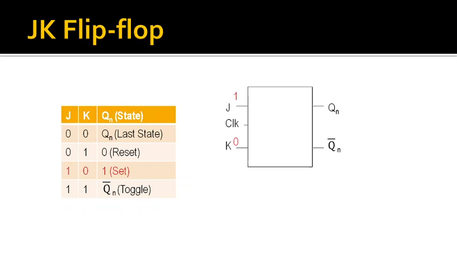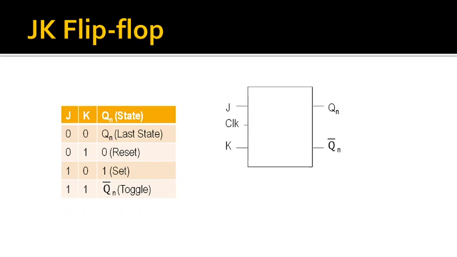This is a state of being set to 1. So no matter whether the flip-flop stored 0 or 1 previously, it will store a high signal at Qn and 0 will be there on Qn complement. And the last possible combination is both the J and K terminals are provided high input. So this is a state of toggling. If it were previously storing 0, it will toggle to 1. And if 1 was stored previously, it will toggle to 0. So this was the behavior of an ordinary JK flip-flop.